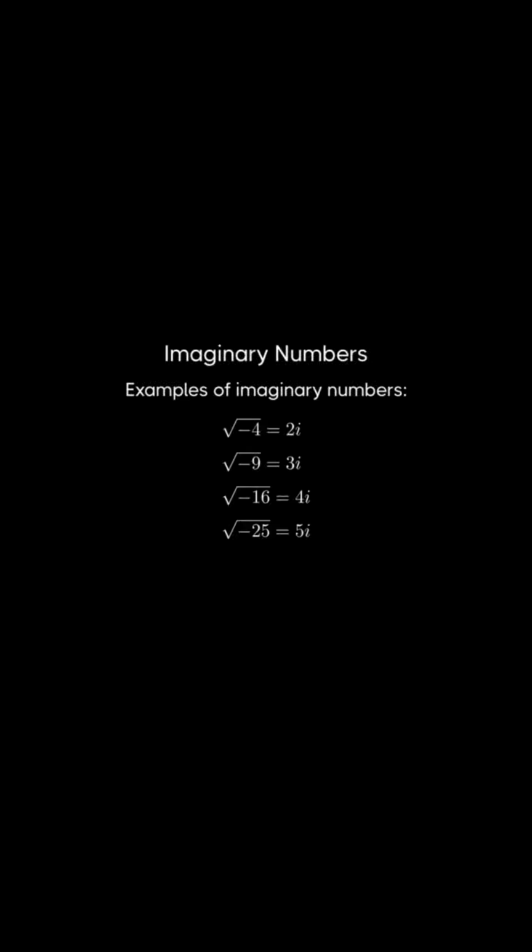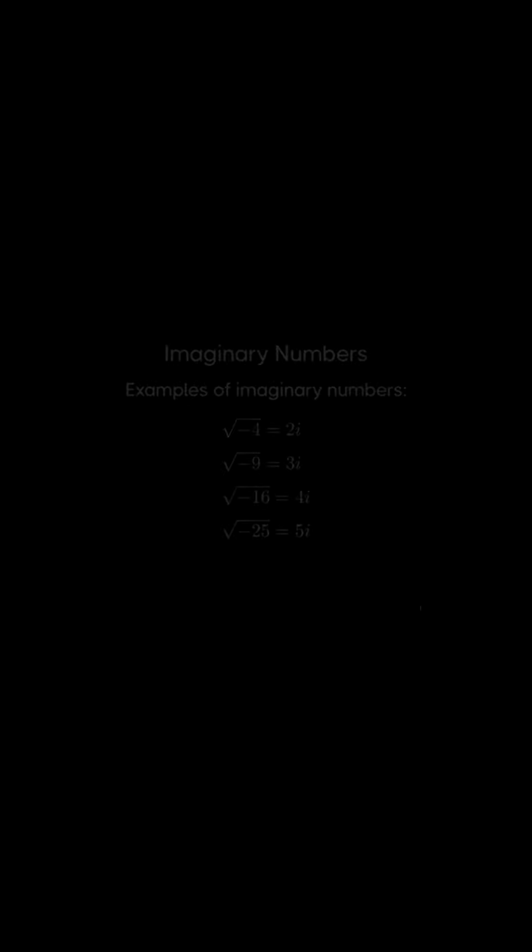For instance, the square root of negative 4 equals 2i, because 2i squared equals negative 4. Similarly, the square root of negative 9 is 3i, the square root of negative 16 is 4i, and the square root of negative 25 is 5i. In each case, we're finding the positive number that, when multiplied by i, gives us the square root of a negative number. Imaginary numbers fundamentally expand our mathematical toolkit. They allow